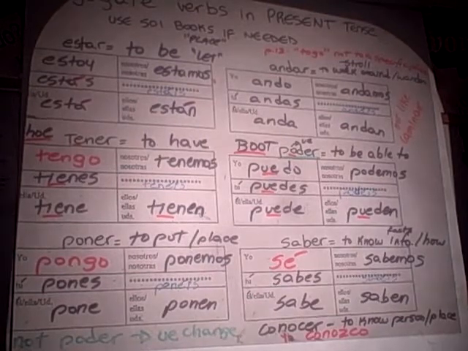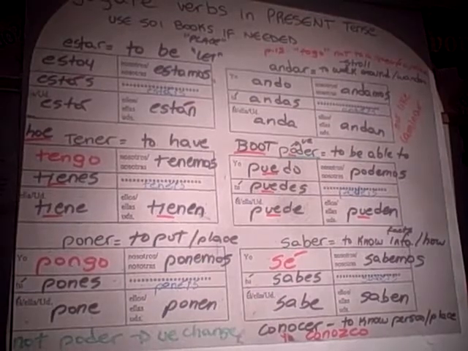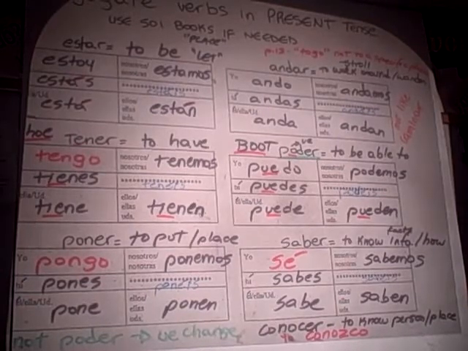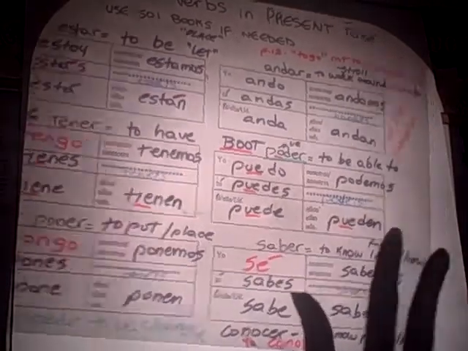Same exact verbs in the preterite past tense. Open up your books to page 12. Okay, so we're switching from present to preterite. At the top of your paper, a couple of reminders there. Go through it. It's a little bit hard to read. Just review from ones we've already covered.